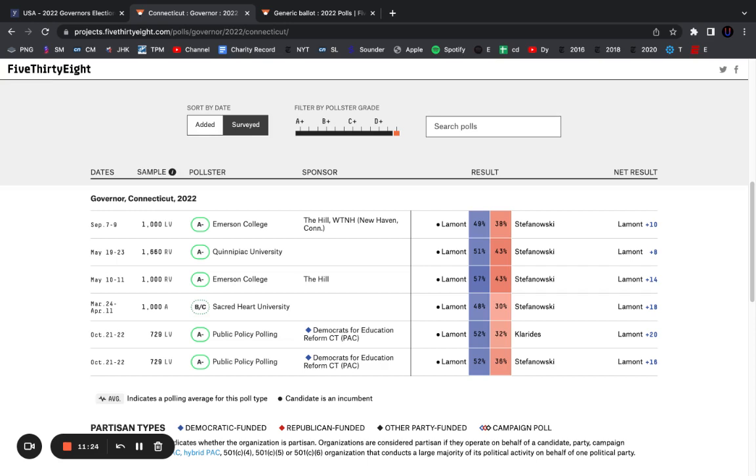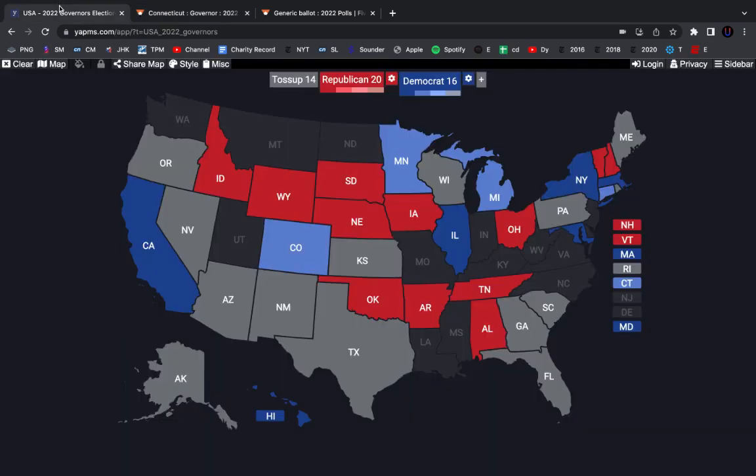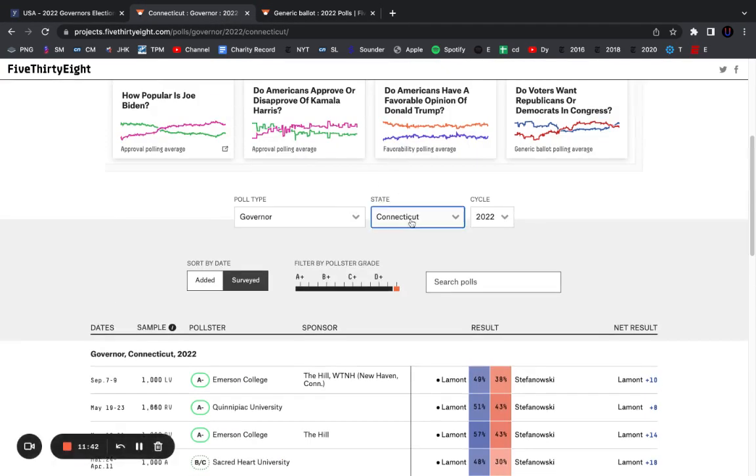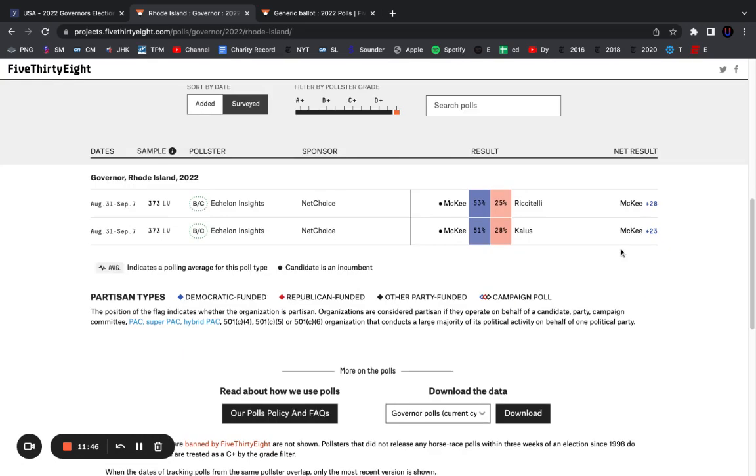But this time around, he's not been running a particularly good campaign. I think that Lamont is a lot more popular now than he was 4 years ago, and ultimately, the abortion ruling I think really killed any chance of Stefanowski winning. I think I had it as lean Democrat prior, but it's likely, and I don't really think Stefanowski has a chance anymore. Rhode Island's interesting because there was a contested Democratic primary between Dan McKee and someone else, and